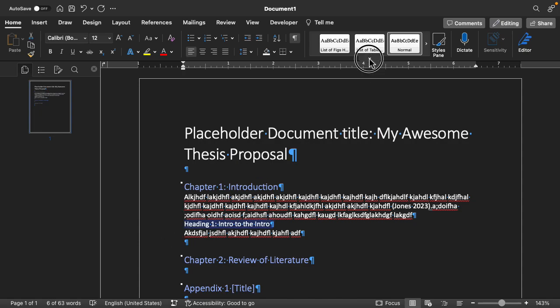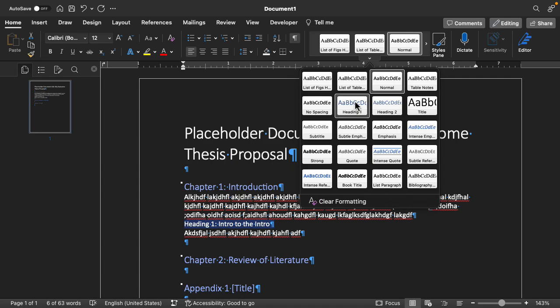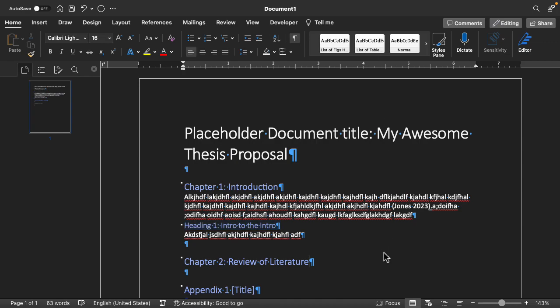And so I go back up to that style menu, and this is within chapter 1, so I'm going to give it heading 2, because heading 1 is chapter titles. Okay, so that makes it a little bit bigger and changes the color and so forth, but more importantly, this is now a level 2 heading style, even though the sequential ordered number is heading 1. So it gets a little bit confusing,